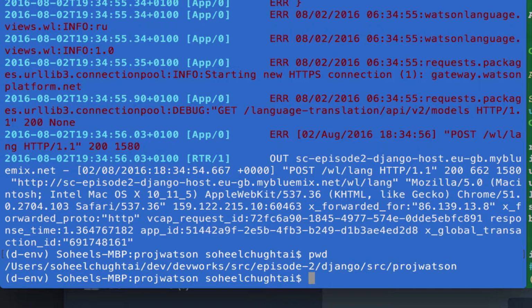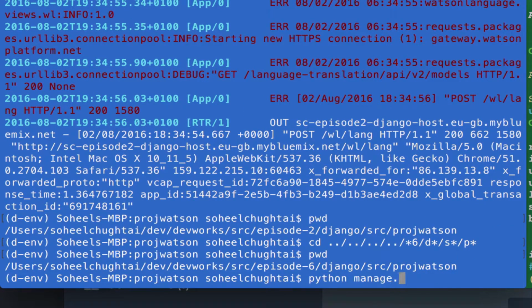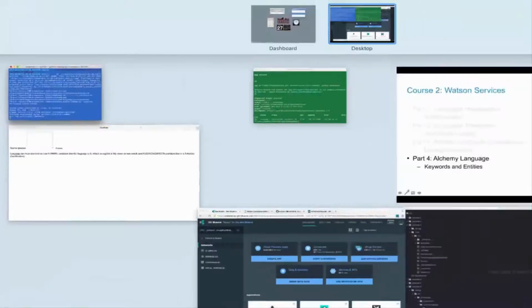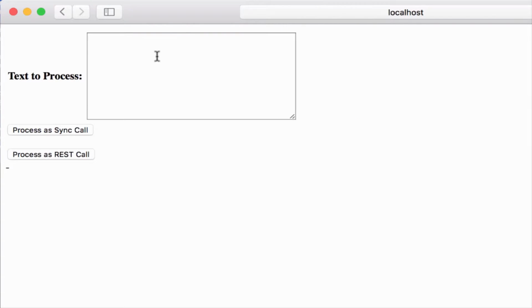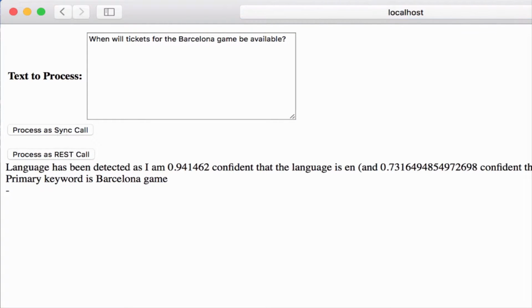Once we've got the key and we've added that into our code, let's switch to the Django virtual environment, switch directories to the project that we've been editing and run the application locally. Let's take a look. Running on port 8000 because this is Django. We'll tap in some text, taking into account our application is a box office application. And here we can see